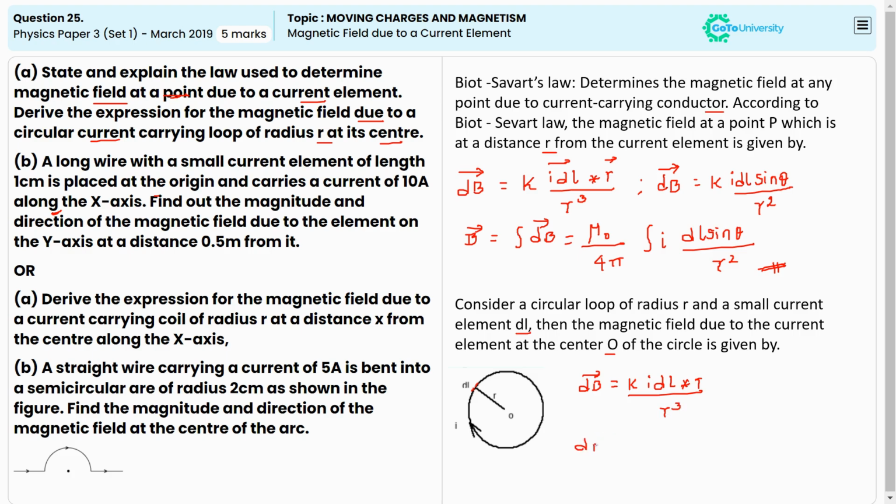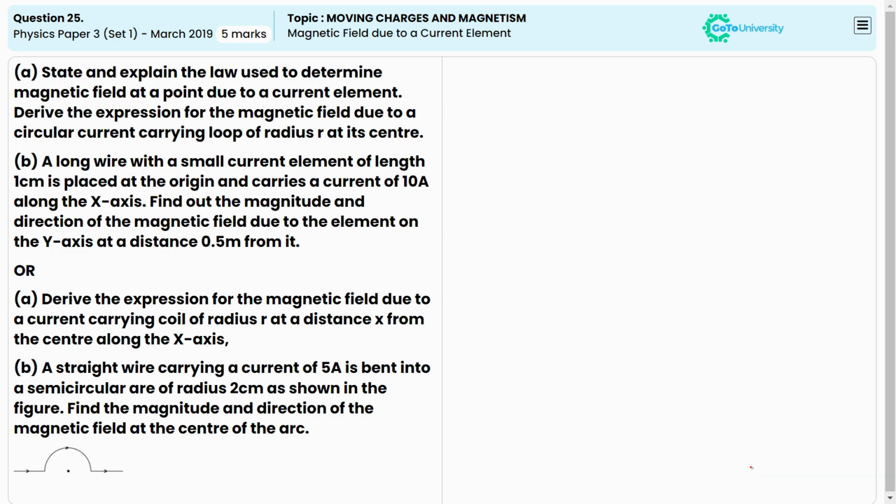Then dB vector is equal to K times I dl sin theta divided by r square. Now, for the total magnetic field,